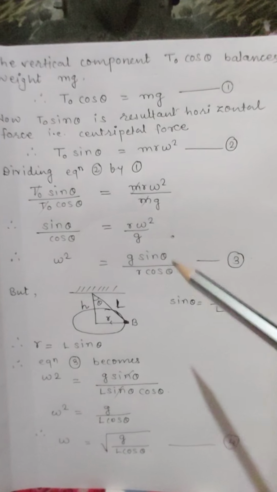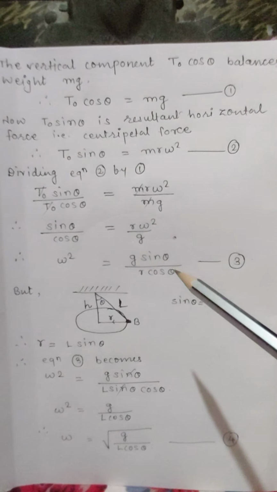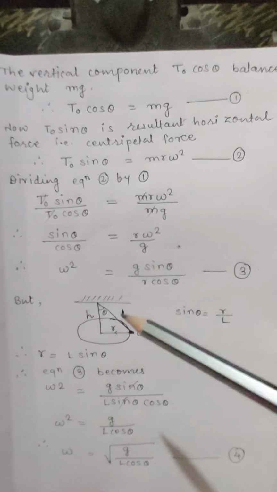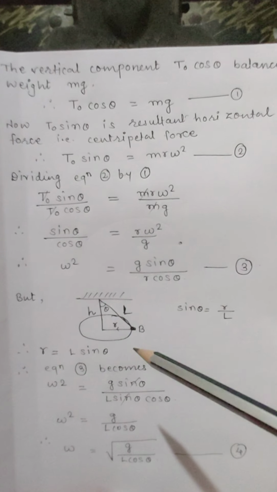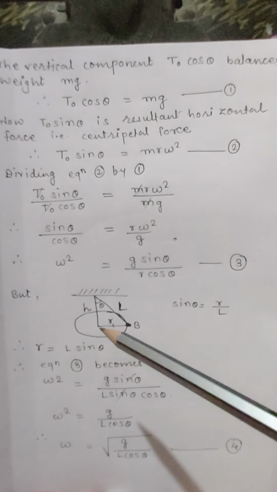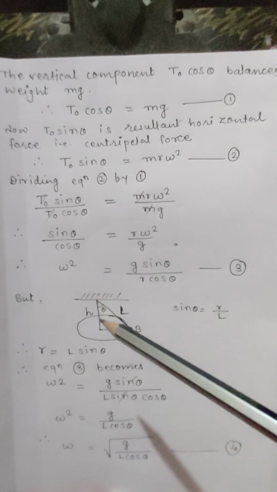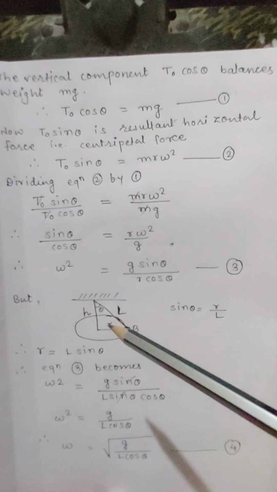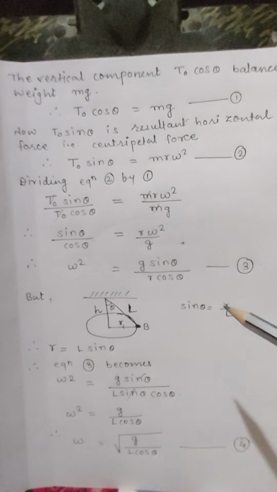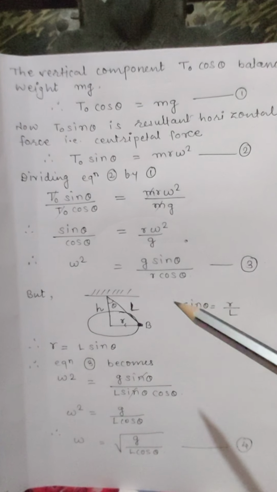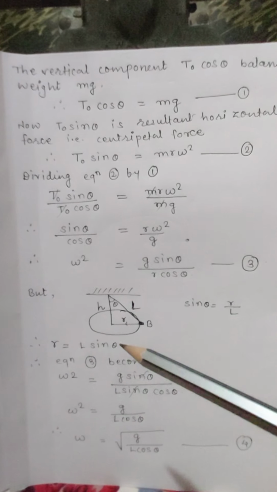Okay. So let us now find the value of this r. For that, again consider the previous diagram. Here you know L is the length of the string, r is the radius of the circular track, and h is the perpendicular height. So from this figure you will get clear that sin theta is equal to r upon L. Therefore r is equal to L sin theta.